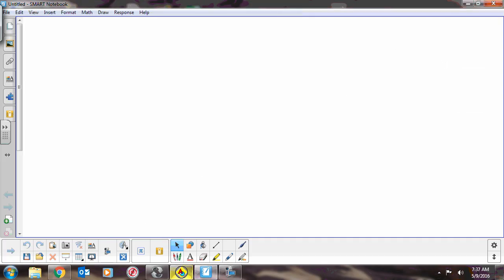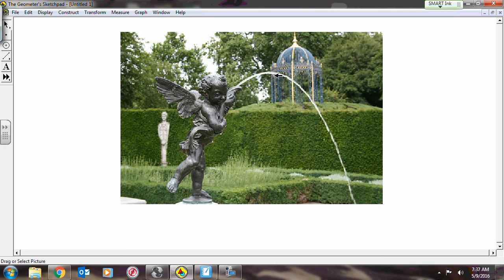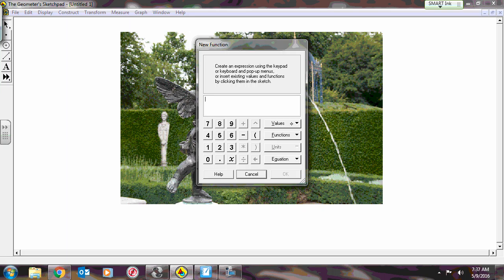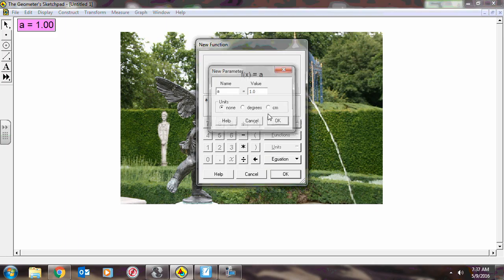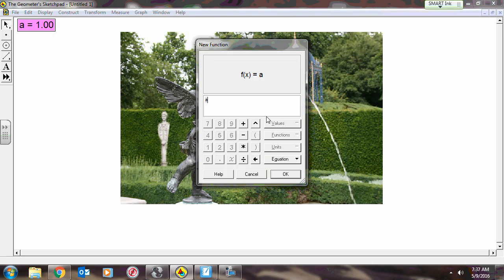So we're going to use transformations of functions, and we're going to fit a parabola to this curve. So what we're going to do is go to Graph, go to a new function, and we are going to do a new parameter, and I am going to call this parameter A. So this is going to be called A. I am going to multiply A by x